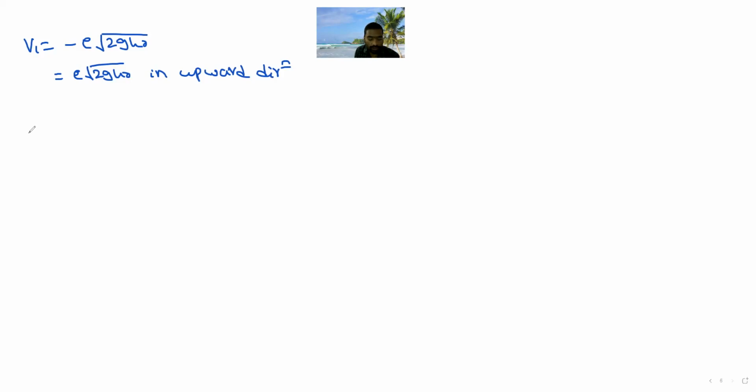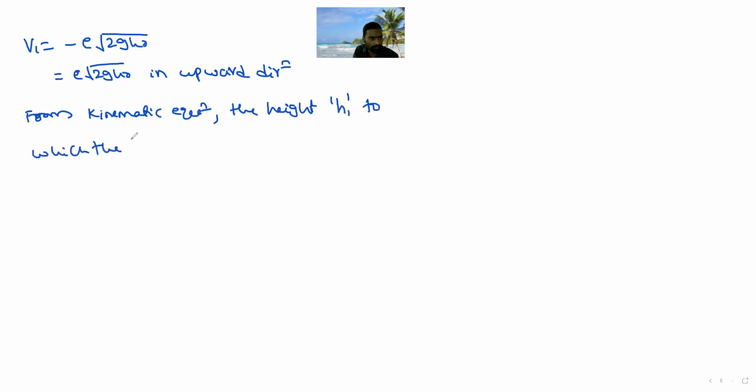What he is asking actually, find the height to which the ball rebounds. We need the height, not V2 or V1. So from the kinematic equation, the height H1. See, after bouncing back, is the height similar to the initial, or is it less? It is less. Okay, I will take it as H1. So the height H1 to which the ball will rise is given